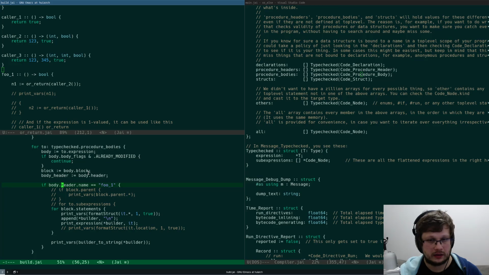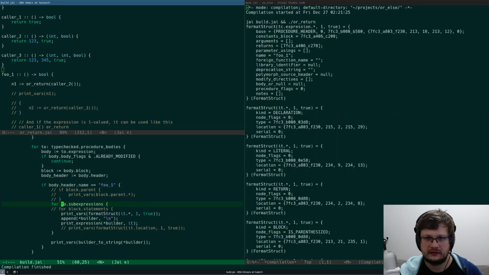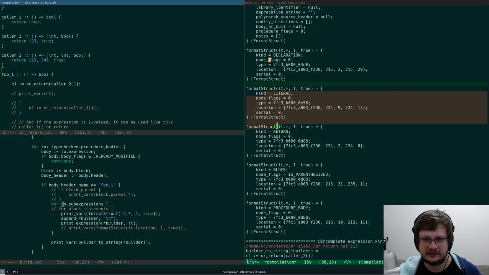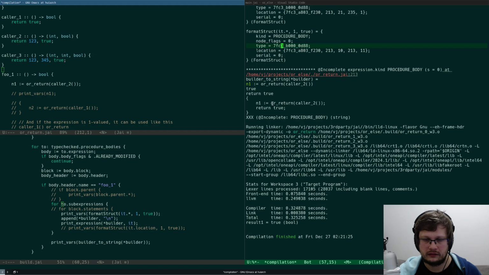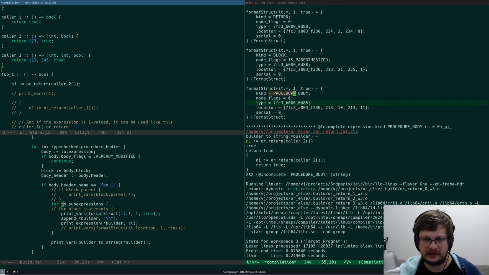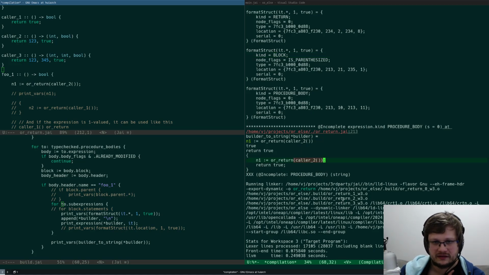Expression. Okay, let's check sub-expressions again. Code nodes. It's declaration, literal, return, block, and body. Procedure body is parenthesized. Block that is parenthesized. So maybe it's this block parenthesized, procedure body.